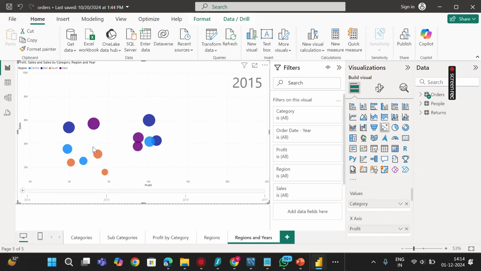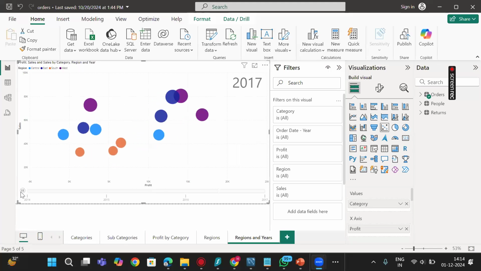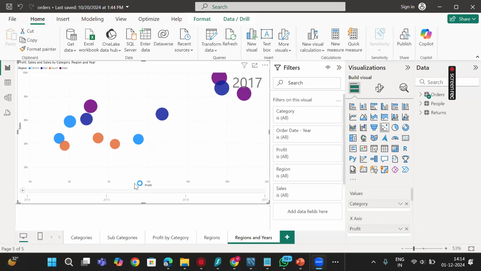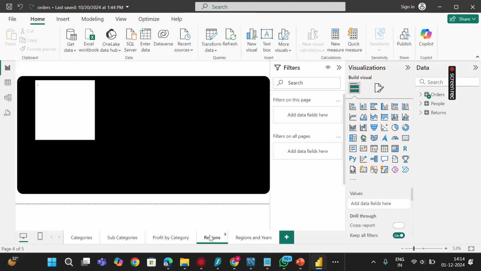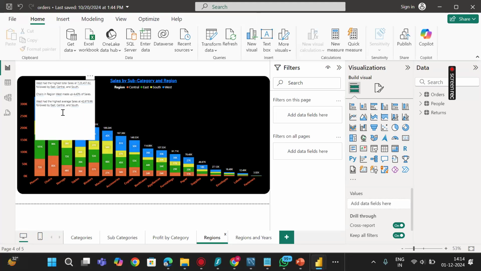Okay, fine. So if I click on this play button, it starts showing me the data from 2014 to 2017 across the different regions like Central, East, South, West. So it gives me a kind of presentation within Power BI. So it is also a very good advantage of Power BI. Likewise, if I want to give an example,